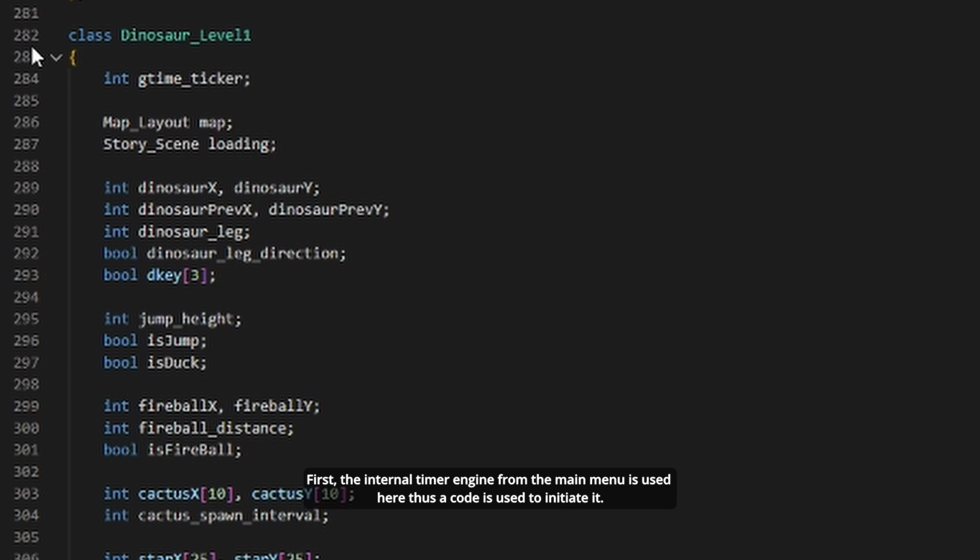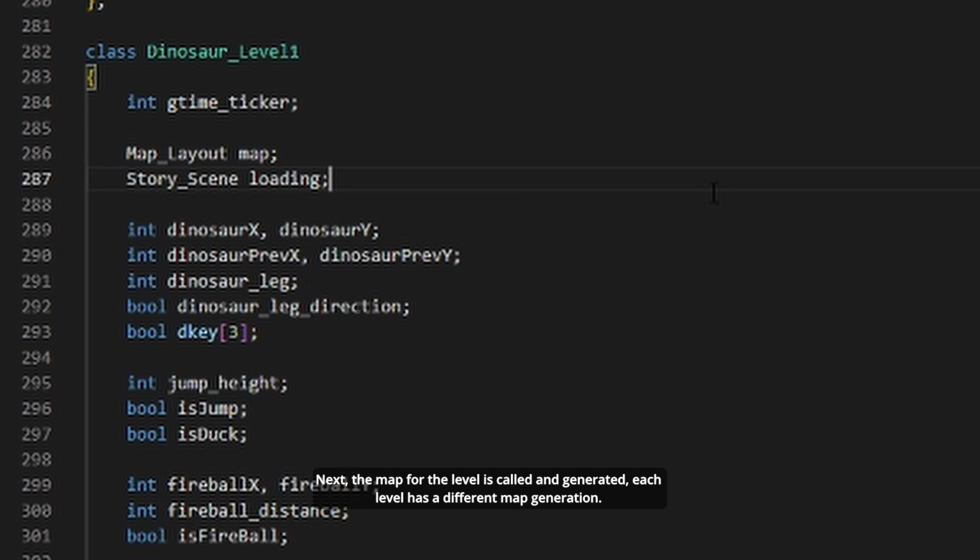First, the internal timer engine from the main menu is used here. Thus, a code is used to initiate it. Next, the map for the level is called and generated. Each level has a different map generation. The first level being the wasteland with cactus, the second one is inside a cave with stalagmites, and the last one is the